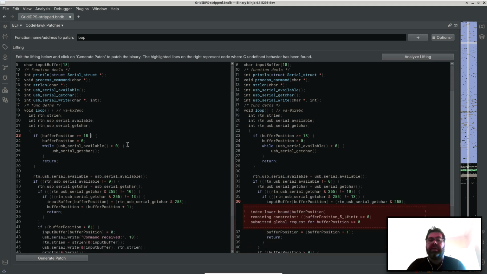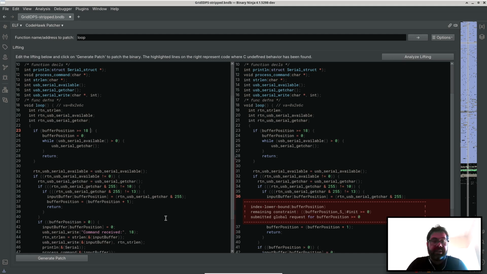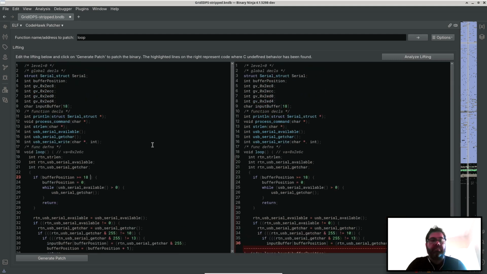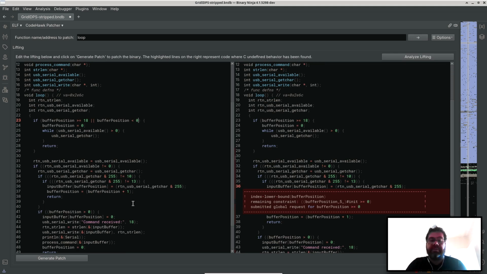So in this kind of scenario where you're dealing with a global variable, it is really hard to prove that this is the only function that modifies its value, right? Because if we look at the code, we can see that buffer position can never be negative within this function, right? But because it's a global variable, we have no idea that another function could be modifying it. So we're going to implement a very conservative patch where we're going to say, well, if the buffer position turns out to ever be negative when it comes in here, we really don't want a buffer underflow, and so we